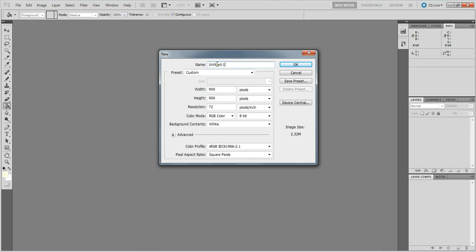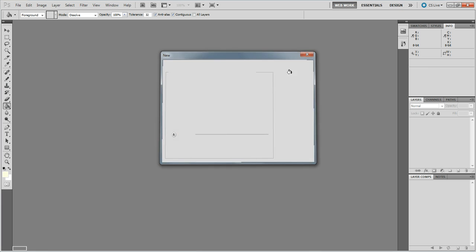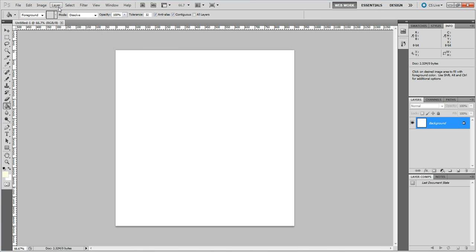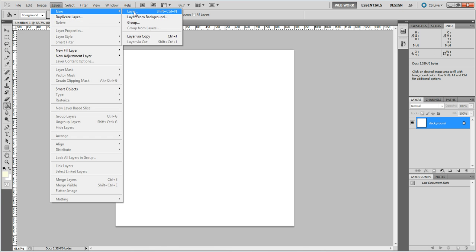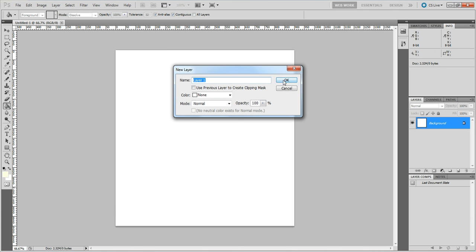And again, you're going to want to name yours something. I'm just going to keep mine Untitled 1 because I will be deleting it after this tutorial. So go ahead and click OK. You want to immediately create a new layer, and you'll see why in a second when we overlay our pattern. I'm going to call this lowercase background